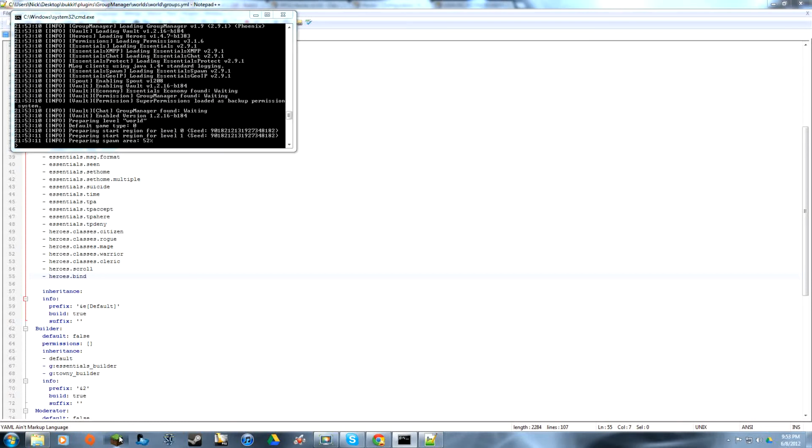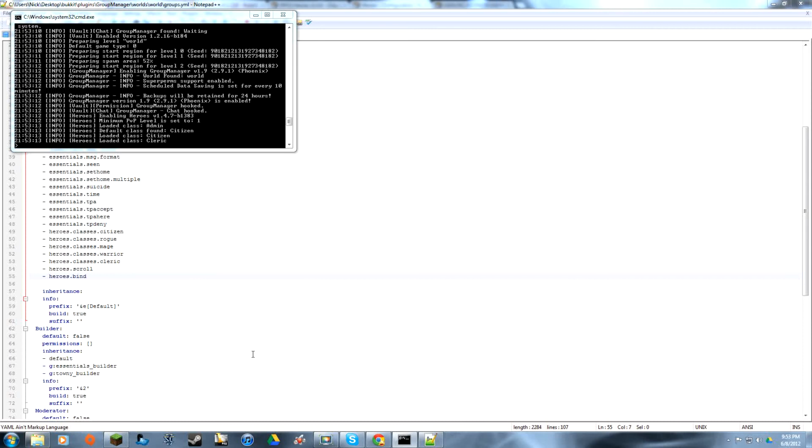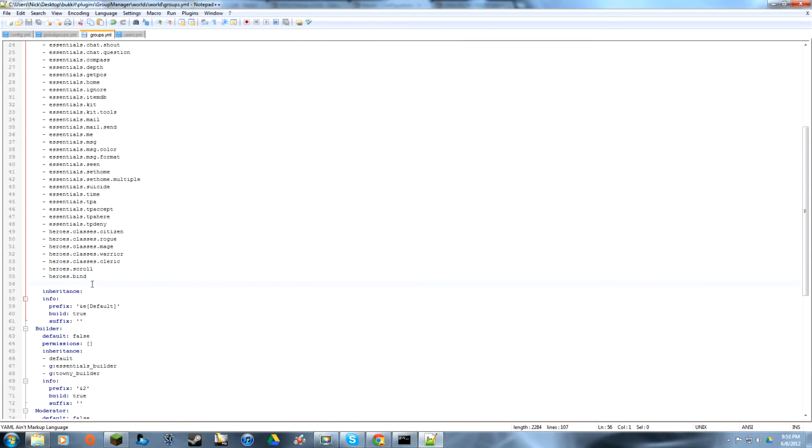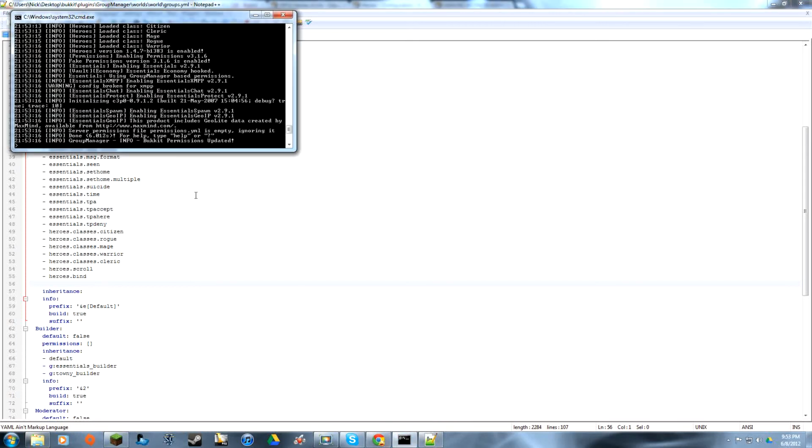So once we're reloaded, I'm going to start up Minecraft. Actually, this may cause some problems right there, but we'll see. I don't think it should, but it may. These configuration files are very touchy. So now what we're going to do is, when Minecraft loads up, if it decides to load up,